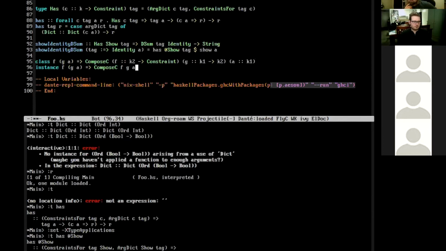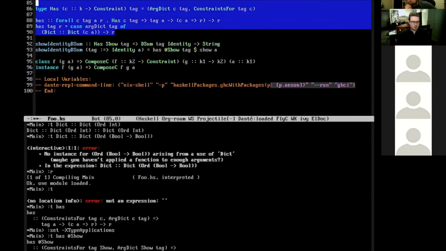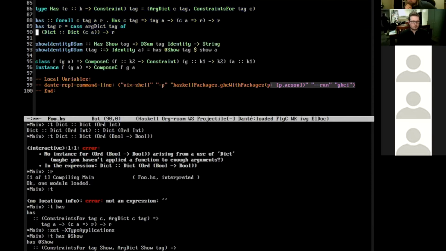And so we'll use this to say a compose C of some functor f with the constraint we actually want, and use that to replicate our has machinery to work with an extra type parameter for some functor.